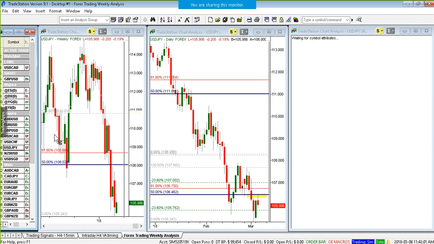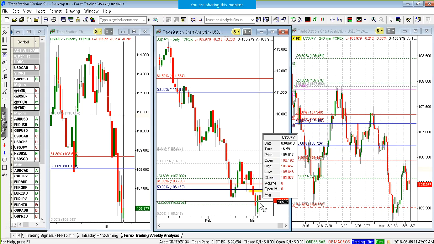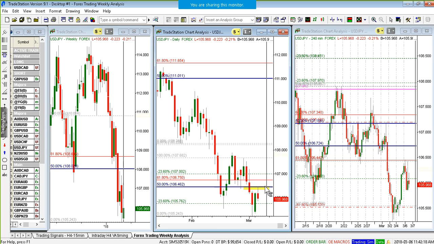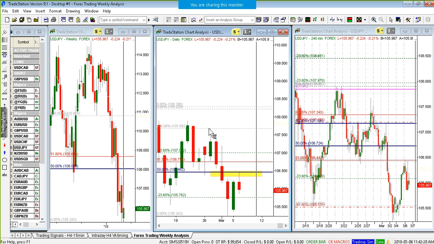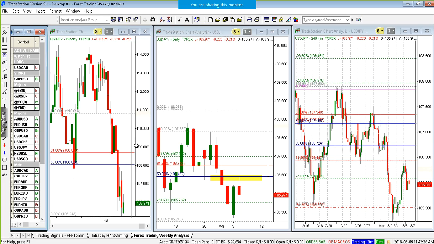The US dollar Japanese yen has had a strong move higher yesterday, and then it actually traded the 106.46 here. That's where we're seeing that weakness, and this level is the 50% from the most recent swing high here. Okay, so this seems more aligned with what the dollar index is doing.